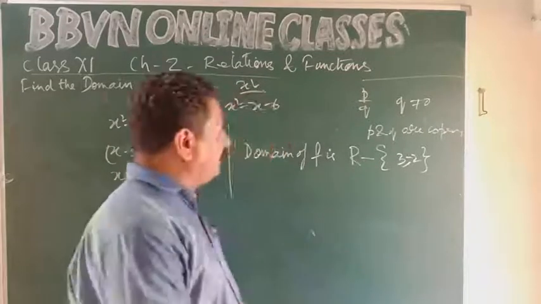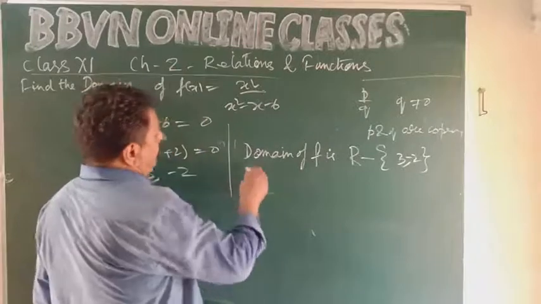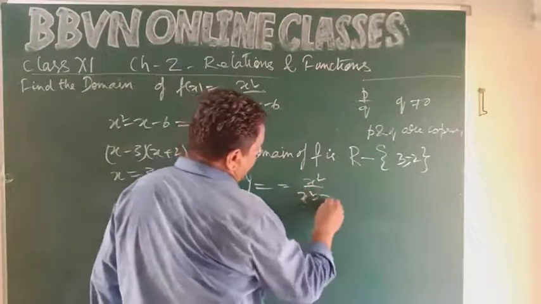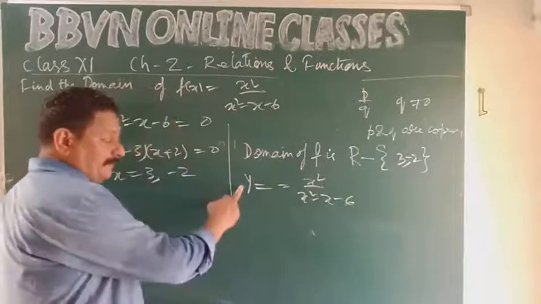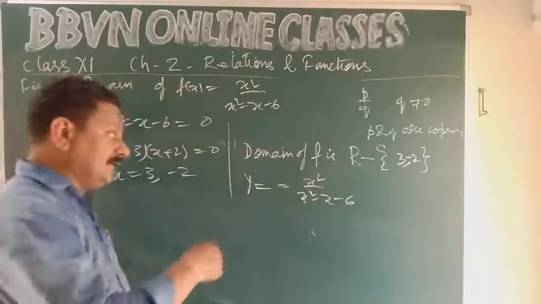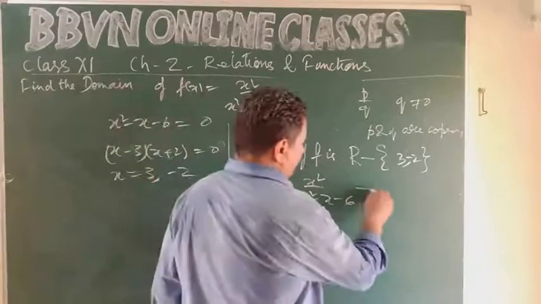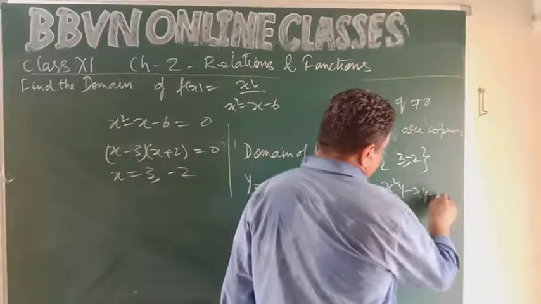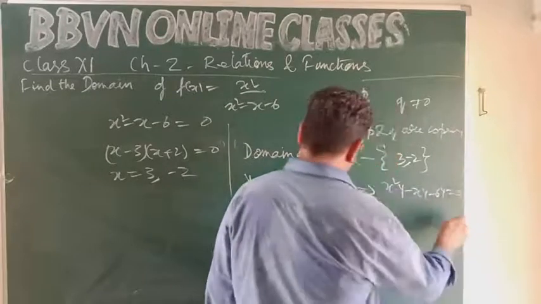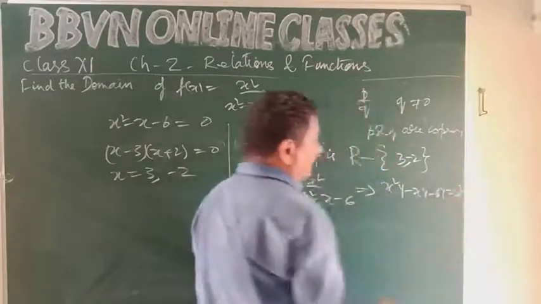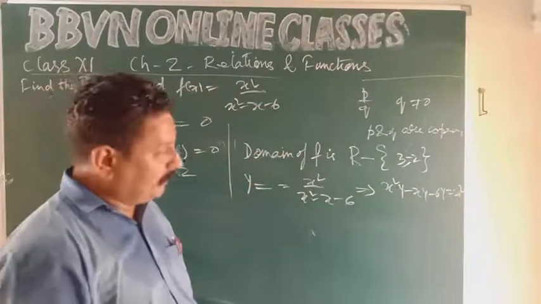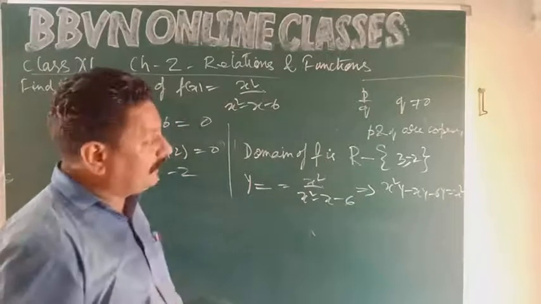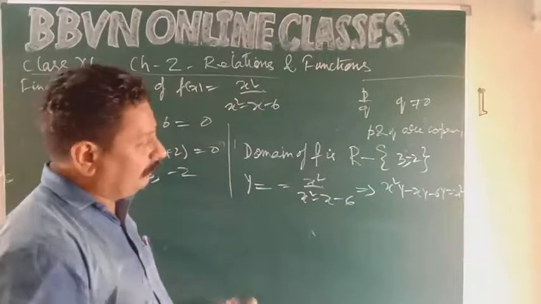अगर रेंज निकालनी है, very simple. f of x मतलब y equal to x square upon x square minus x minus 6. फंक्शन y equal to x के फॉर्म में, इसको x इक्वल टू y के फॉर्म में लिख लो. आपके पास रेंज का एक्सप्रेशन आ जाएगा. x स्क्वायर y माइनस एक्स वाई माइनस 6y इक्वल टू x स्क्वायर. अब हमें x इन टर्म्स ऑफ y लिखना है. यहाँ पे क्या है? y इन टर्म्स ऑफ x. हमको लिखना है x इन टर्म्स ऑफ y.